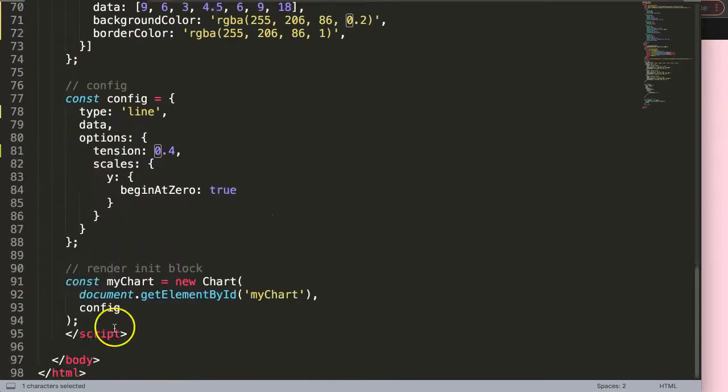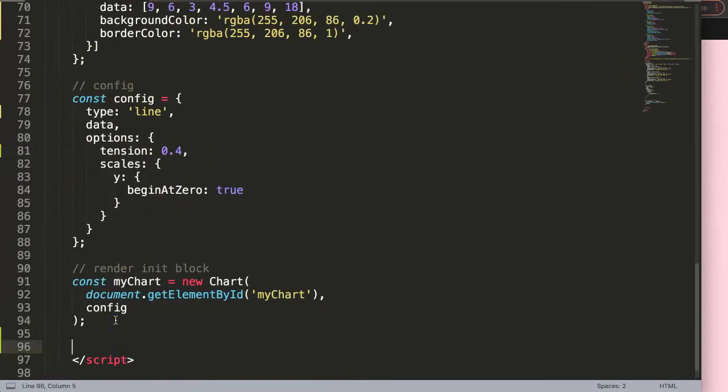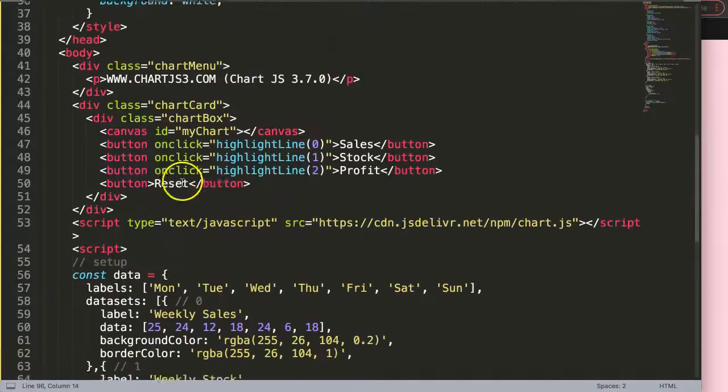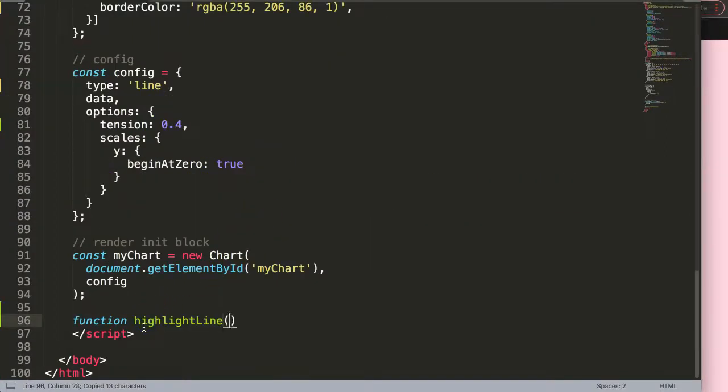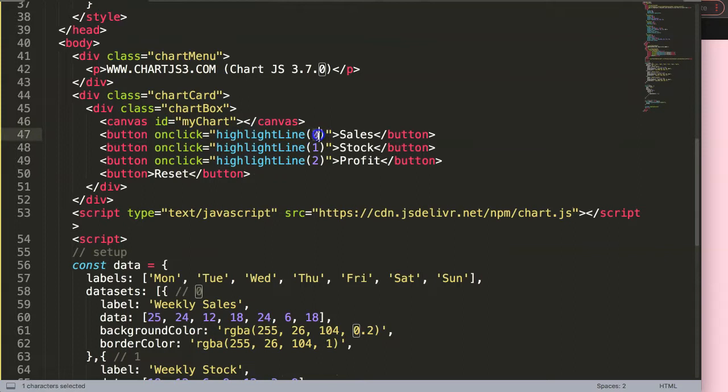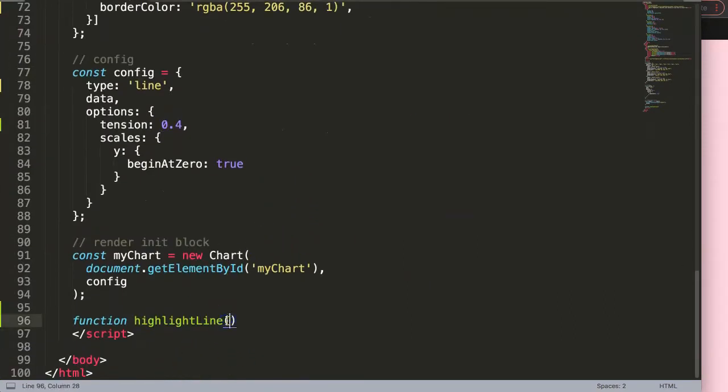Alright, so now what I want to do here, because this is what we call the argument, let's show this argument in here. So I'm going to say a function, and this function is called highlight line. I'm going to put it in here, and then here, this is what we call the parameter. The parameter is basically the argument value, but the argument here is the official value, and the parameter would be just the line, or it will be a name,